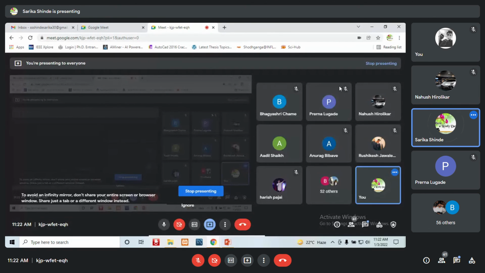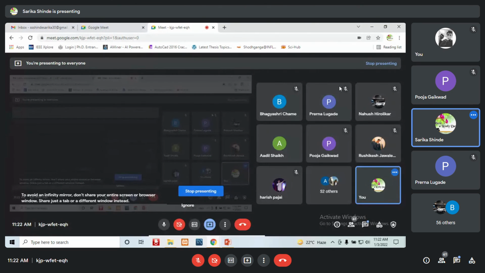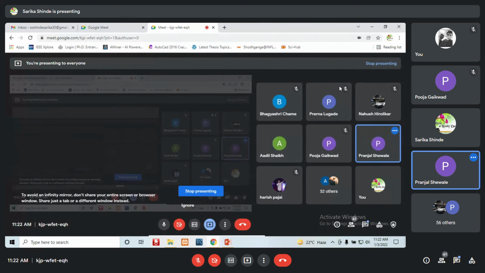Next. Ma'am, Gaikwad Pooja. Pooja. Next. Pranjal Shivai. Next.